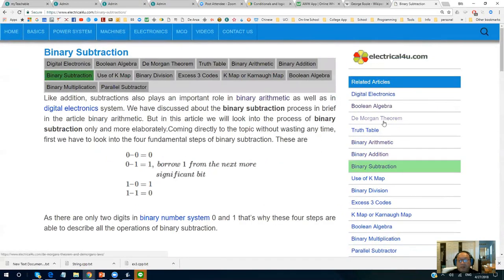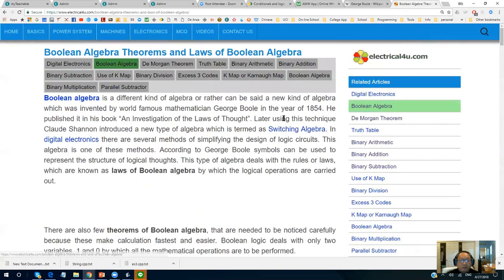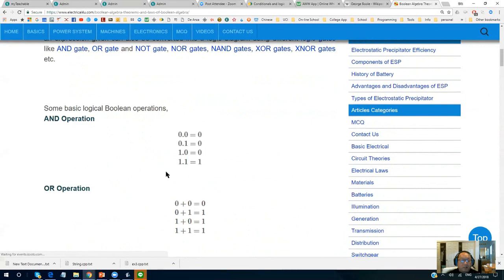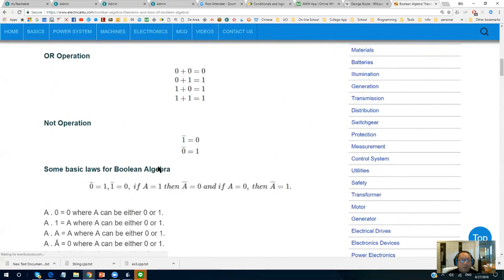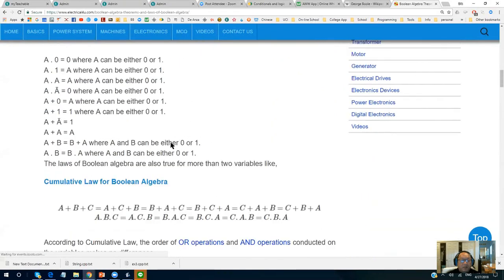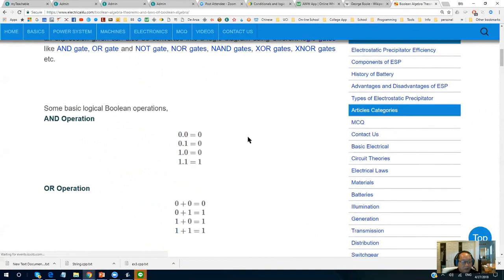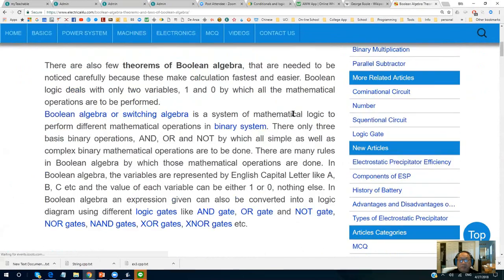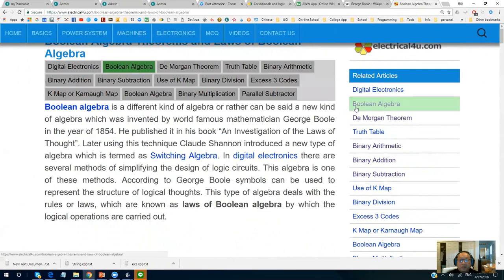All of these are binary. And then there's Boolean algebra, where you talk about AND, OR, NOT. Today we only cover Boolean algebra and the De Morgan rule.